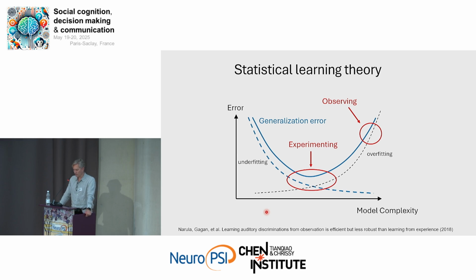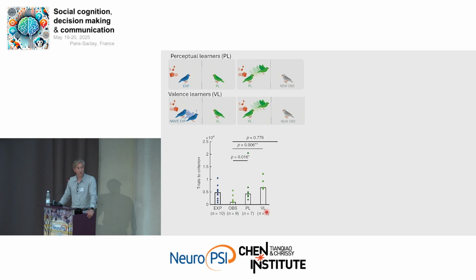We further looked at what exactly the observers paid attention to. So we had a few control animals. We had perceptual learners. These are birds that saw the air puff not being delivered against the experimenter. So they still had the same statistics. They heard the stimuli, they heard the air puffs, but they didn't see the consequence of it. And it turns out the perceptual learners did not learn when they were tested as observers. So it's more than just hearing the stimuli and the air puffs.